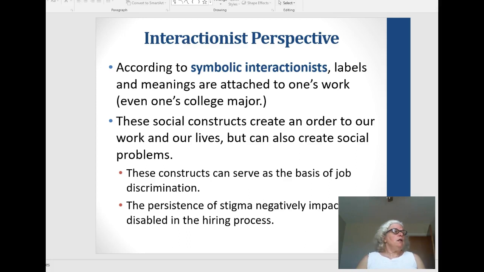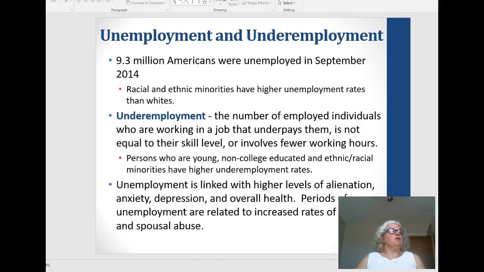So where do we go from here? What are the issues and the social problems? Unemployment and underemployment. We still have issues of unemployment. Even though employment has picked up in the country, there are many people that have been lost on the radar out there, that have just dropped out of the numbers being counted, because when unemployment is counted, it's those who are actively seeking a job.